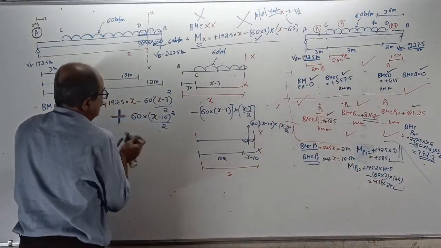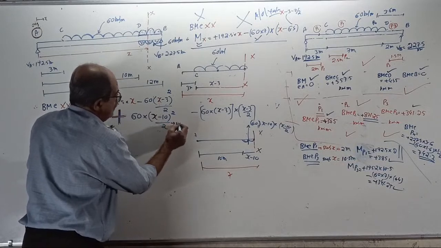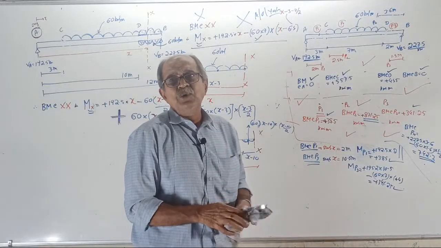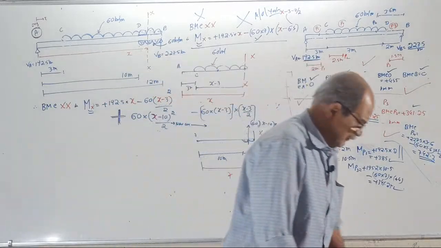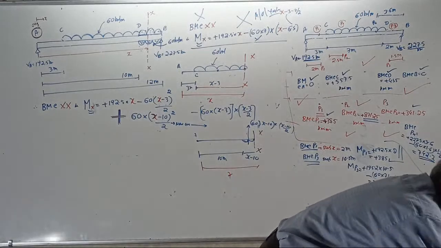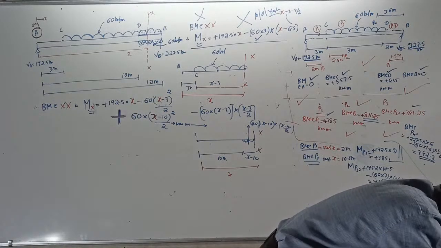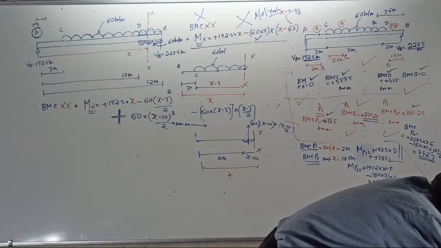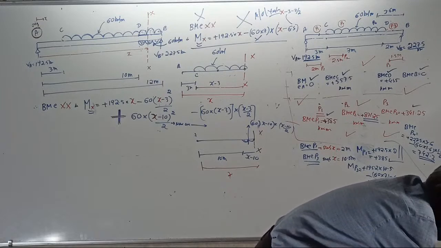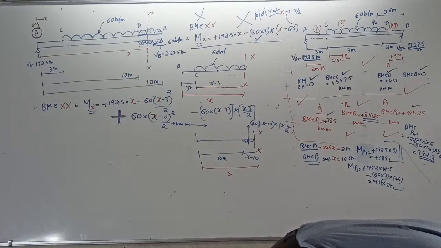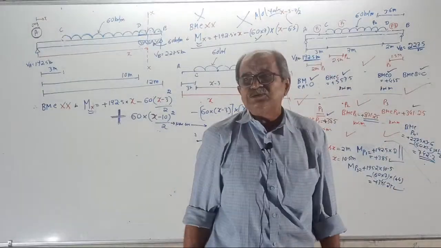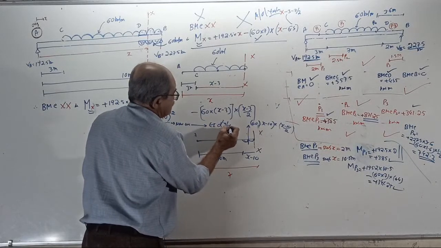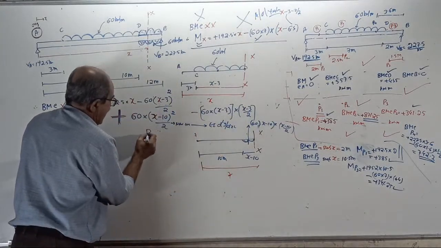Now, what to do? Write a note here. Now we can equate this to what? Tell me. Now we can equate this equation to, correct, our Macaulay's EI d square y by dx square, right? But